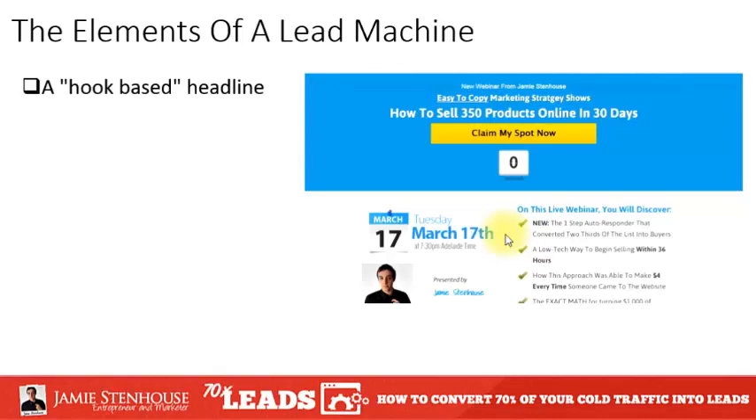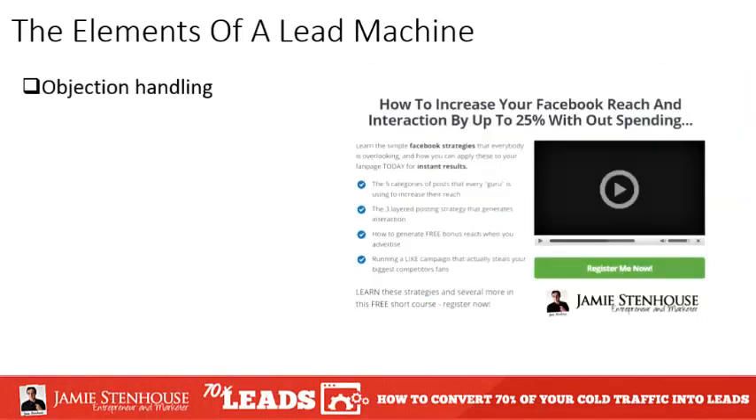Okay, so how to sell 350 products online in 30 days. Now, to even take this one level deeper, you can also include our objection handling as well. Right, how to increase your Facebook reach and interaction by up to 25%